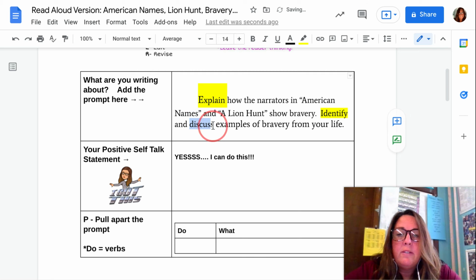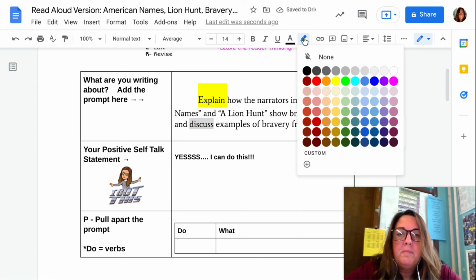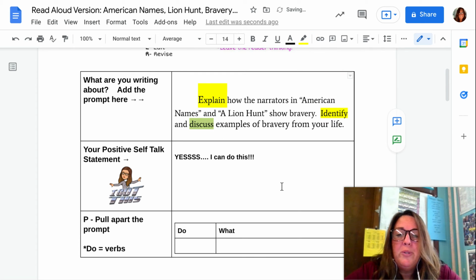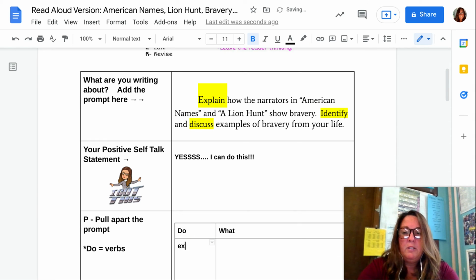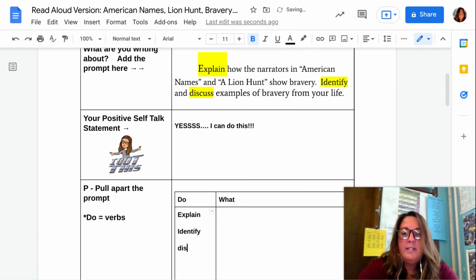And we have discuss. So we have three do's in our prompt. I'm going to type them in here. So explain, identify, and discuss.